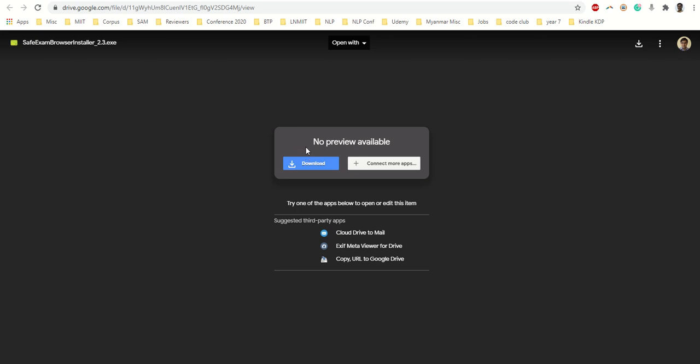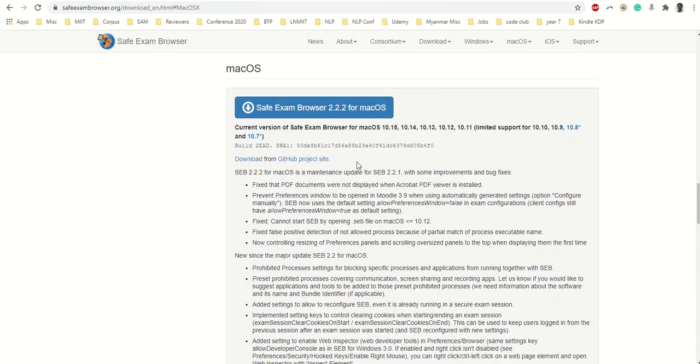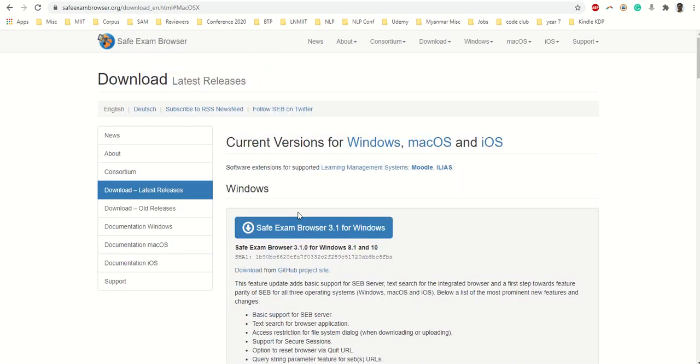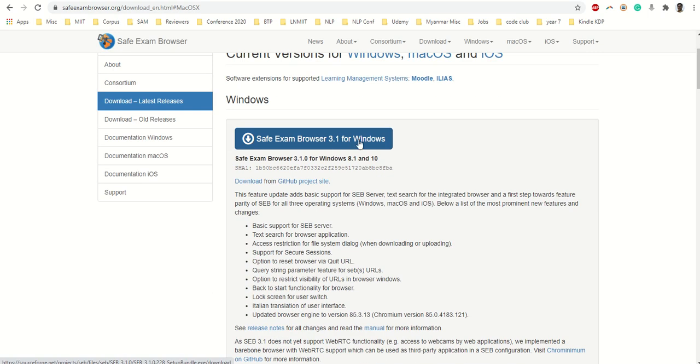Once you are done with installation, do not open the browser and do not go to the official website of Safe Exam Browser, because this is the official website. The latest version is 3.1 for Windows, and if you download and install that, it will not work for our exams. Safe Exam Browser is based on encryption. So if I set my question paper for 2.3, you can only take the exam using 2.3. If the versions are not matching, you will not be able to take the exam.